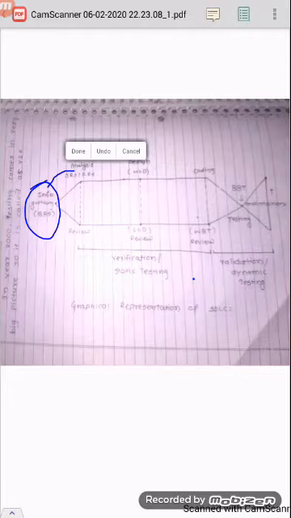Here the first phase is information gathering, during which the BA, that is the business analyst, prepares the BRS, that is the business requirement specification document, with respect to the customer requirement. Then the second phase is analysis. During this phase, the BA analyzes the BRS and prepares the SRS, that is the software requirement specification, with respect to the BRS. It is also called the functional requirement specification.